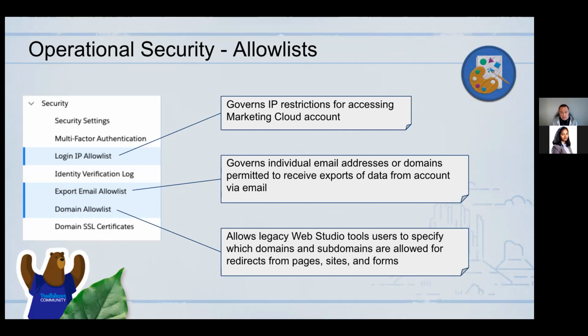And then the last list here is the domain allow list. It's a bit more of a legacy tool for redirecting. So let's say you've got a web form that might be an extension of the custom preference center, and it's hosted on the customer website. It's built into their website, so it's an iframe. And when the form is submitted, we want to redirect to another place. And the domains are different, not necessarily approved. The system will say, well, it seems like there's an issue here with trust, because you start with one domain and you're trying